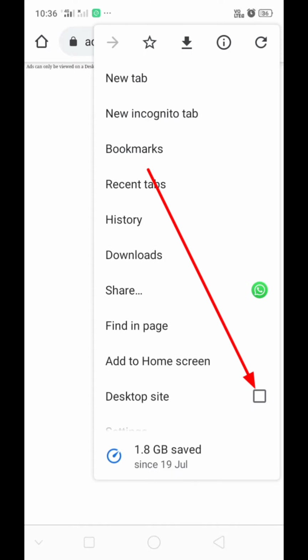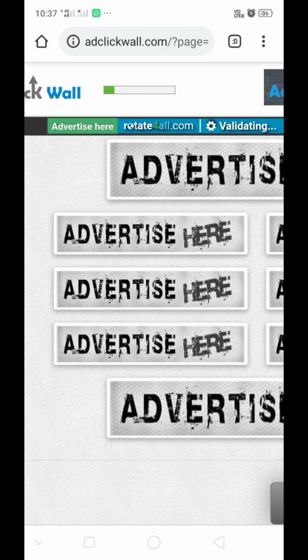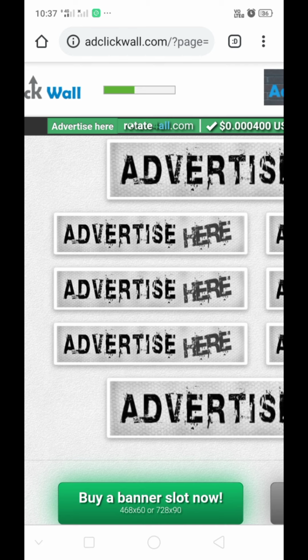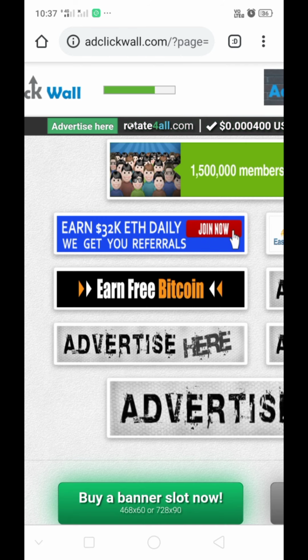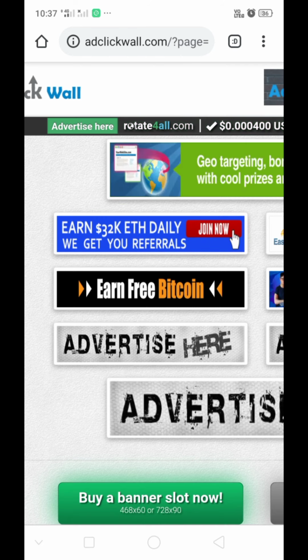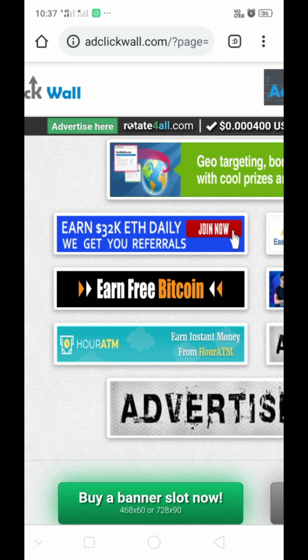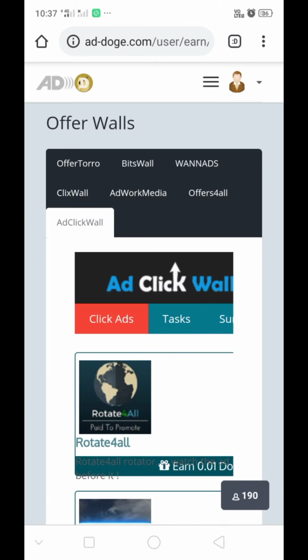Now go to the 3 lines in your browser. Enable desktop mode. Now select the symbol. Wait until the load is completed. Now go back.